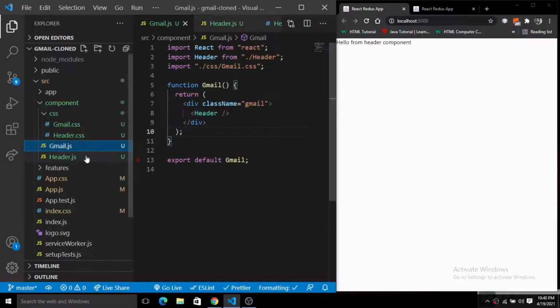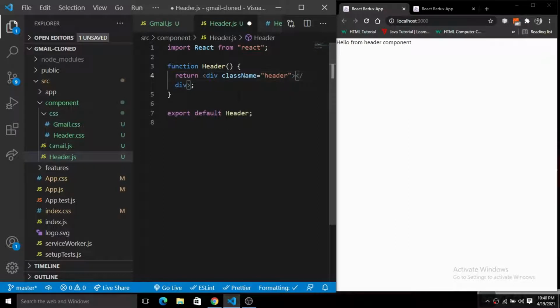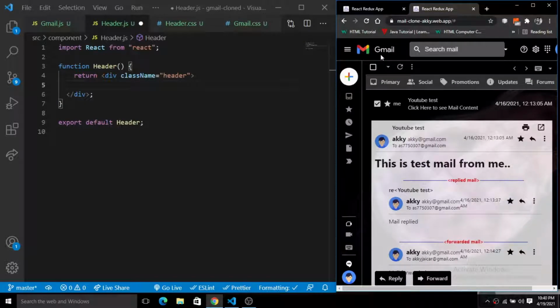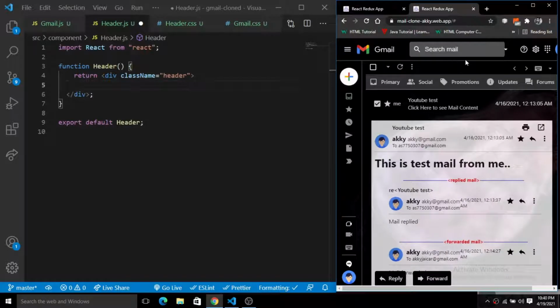Okay, so we have this header.js, and here I'm going to simply grab the hard coded text and simply remove this, and now I'm going to simply do the real coding here inside of this header.js. So inside of this header we have this header. Now if you see the deployed version, you will see we have three parts. We can simply bifurcate the header portion in three parts. This will be the left part, this will be the middle part, and this will be the right part. So what I'm going to do is simply bifurcate the whole header into three parts.